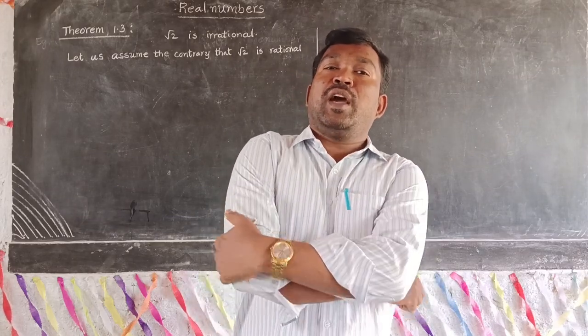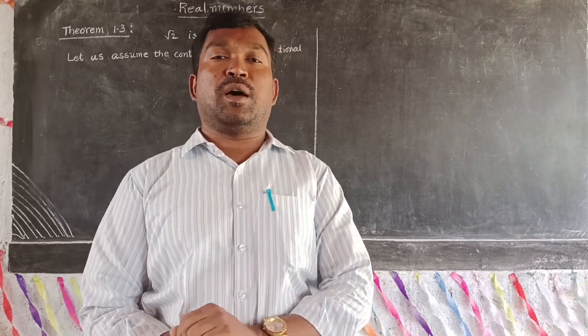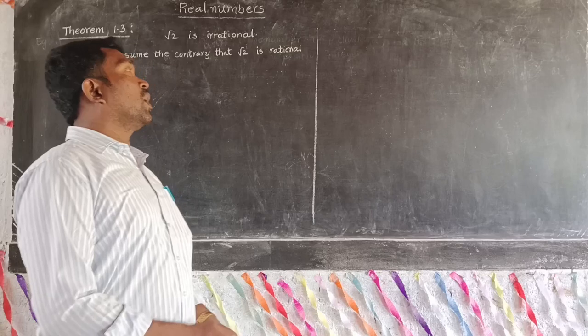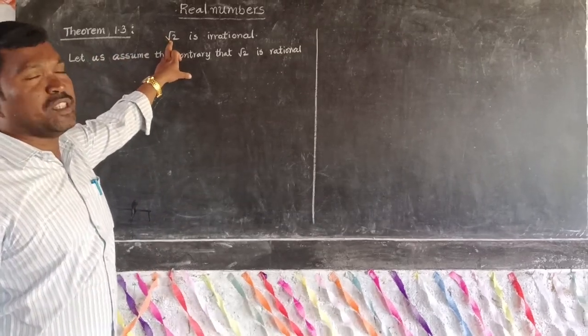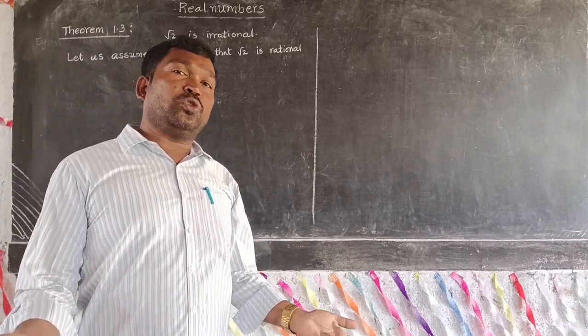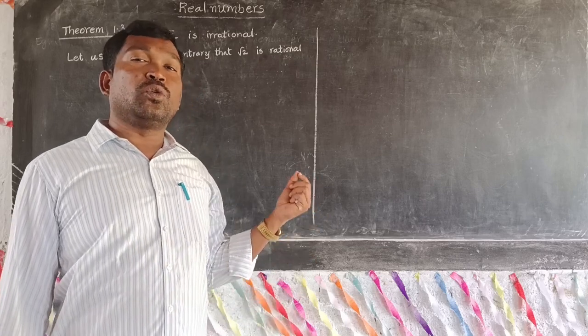Okay, today another theorem. Prove that root 2 is an irrational number. So let us assume the contrary, that root 2 is rational. అంటే మనం విరుద్ధంగా అనుకుందాం. To prove that root 2 is irrational, let us assume that root 2 is a